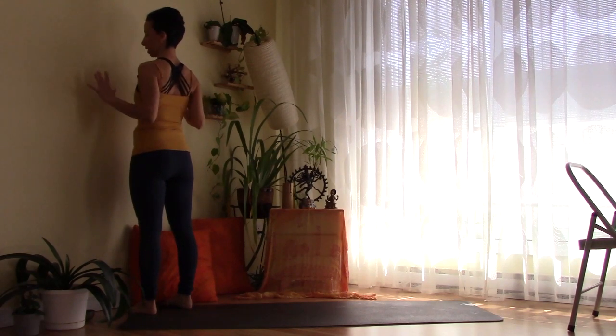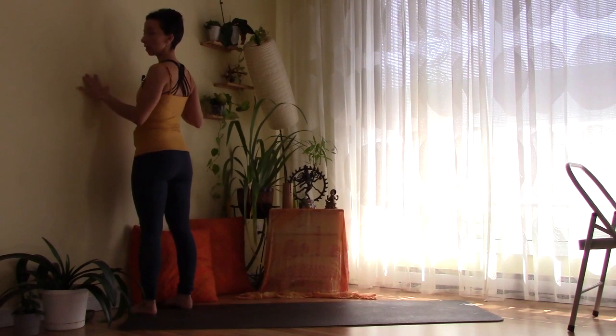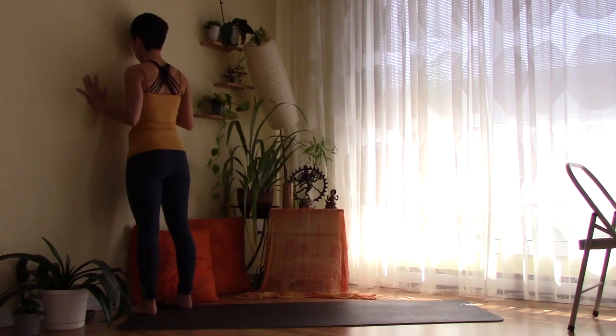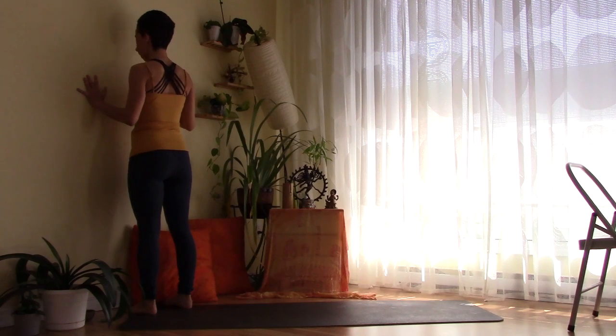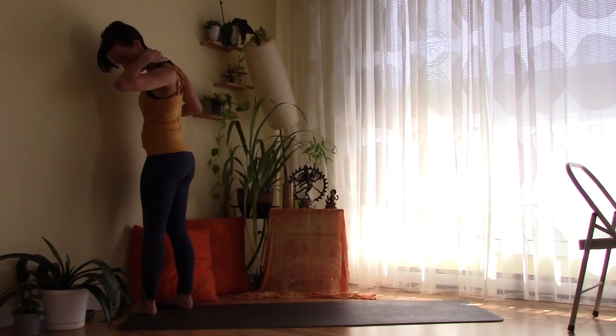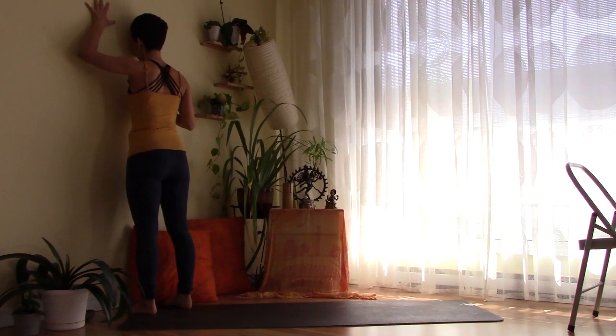Now stand up straight and bring your hands at the level of your chest. You can stay on fingertips or place the palms on the wall. And then bring your forehead to the wall. So you just lean in. Lean in with your whole body to bring your forehead to the wall. Don't just bend your neck. Lean into the wall. And then from here, you're going to slowly slide one hand up the wall,